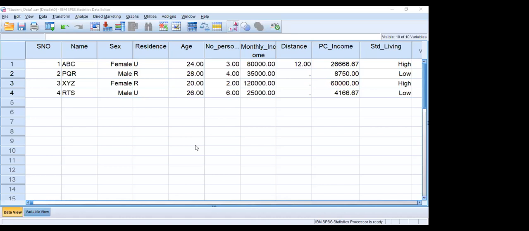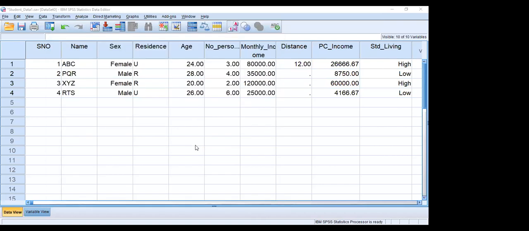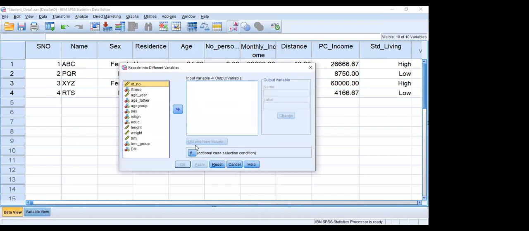In order to do this, go to Transform, Recode into Different Variables, making use of this BMI. Here we can call the new variable BMI category.